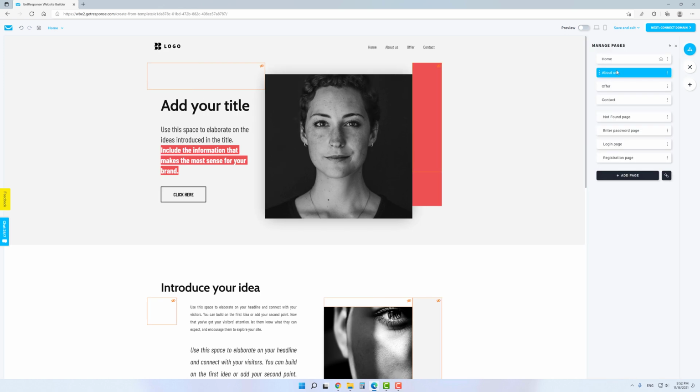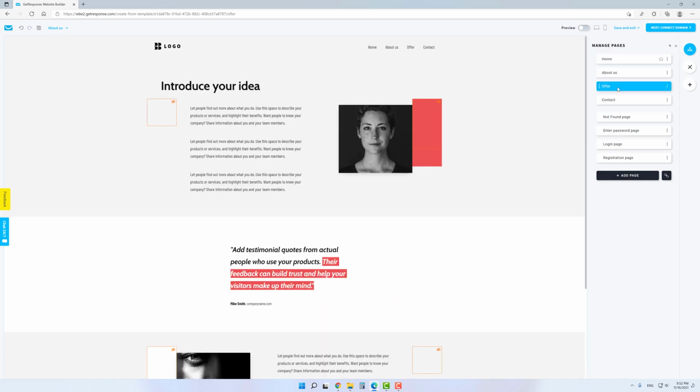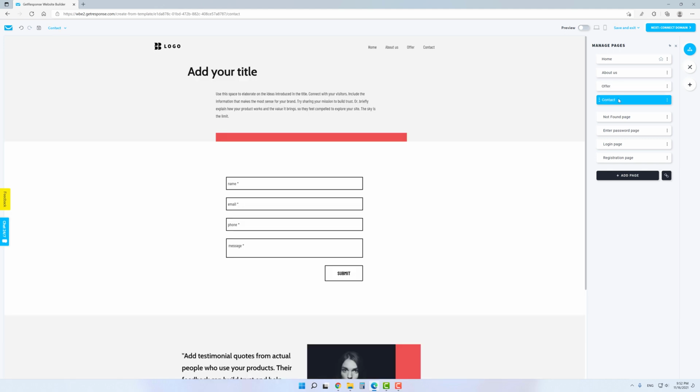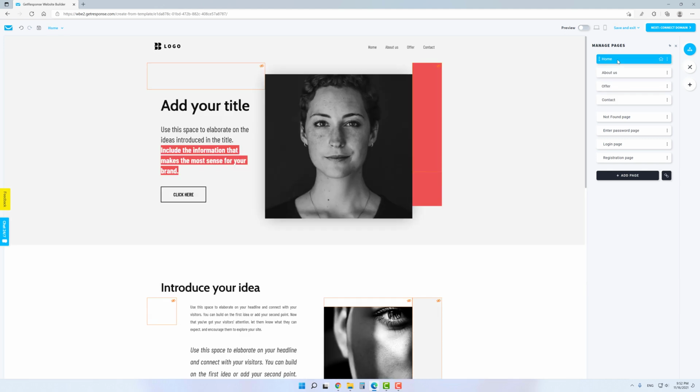First of all, you can navigate through the pages of your website by clicking on them. To rearrange the items, simply drag and drop them in the order that suits you. Also, if you point a cursor over an item, there will appear a drop-down menu with a few actions that you can perform with it. Precisely, you can hide, duplicate or delete any page within the menu, as well as make it a home page. All of these actions are quite evident, so we are not going to dwell on them.